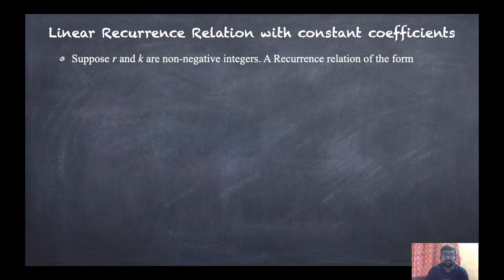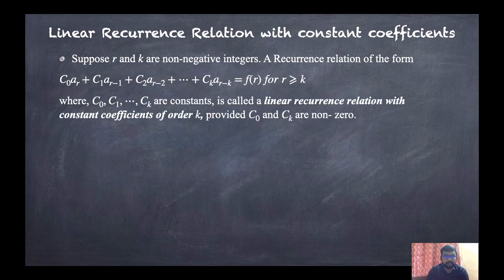Then a recurrence relation of the form c0 ar plus c1 ar minus 1 plus c2 ar minus 2 up to ck ar minus k equals f of r, some function of r, for r greater than or equal to k, where all the ci, that means c0, c1 up to ck, are constants, is called a linear recurrence relation with constant coefficients of order k, provided c0 and